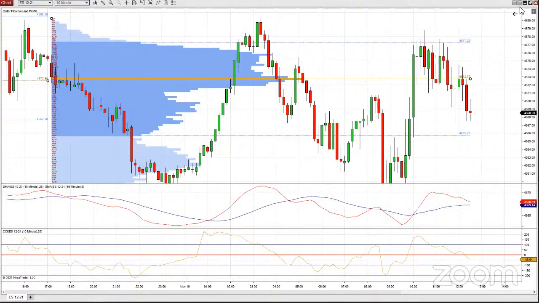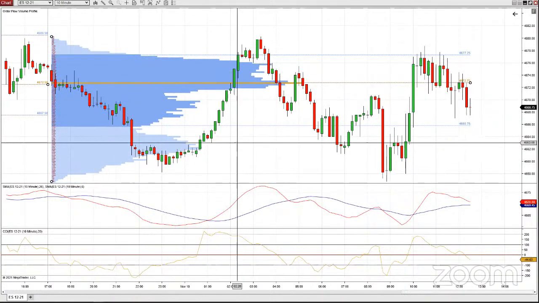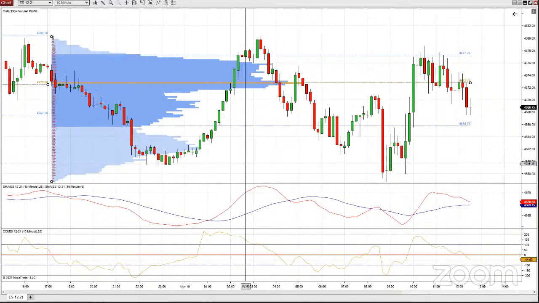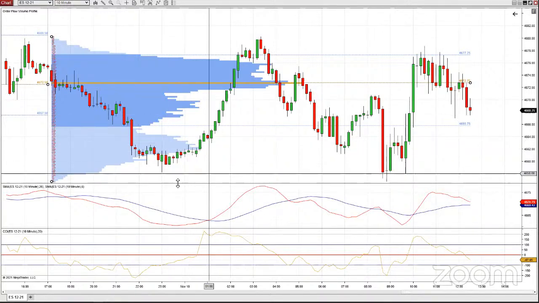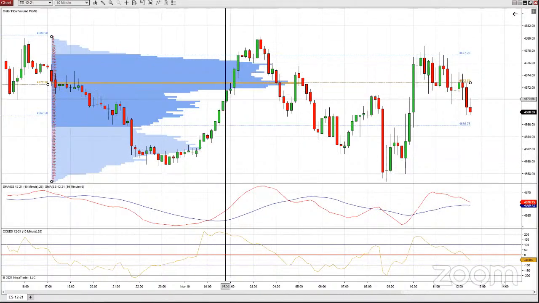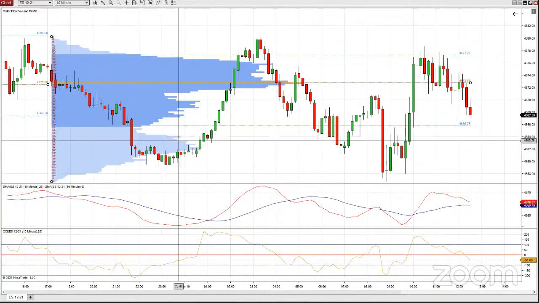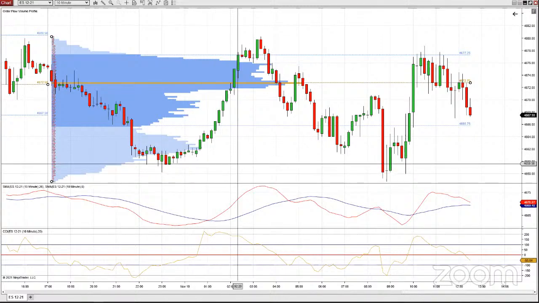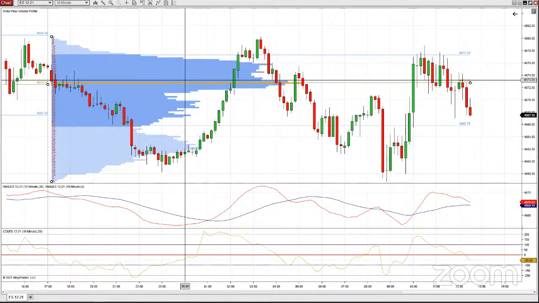Now, it's not always a really pretty distribution, right? Sometimes it's bell-shaped or Gaussian. Sometimes it's a double distribution. You'll have one peak at the top and one peak at the bottom. It would be like a B distribution. Sometimes you'll have just a big bias to the top of the distribution. It'll be a P distribution, or then one big peak at the bottom, right? That would be a b, small case b. So this gives us a lot of information.